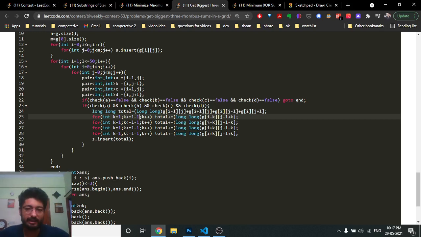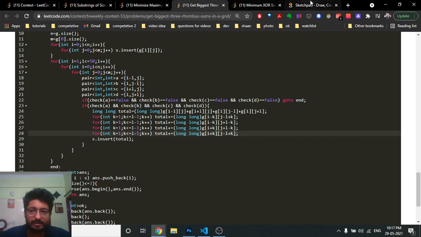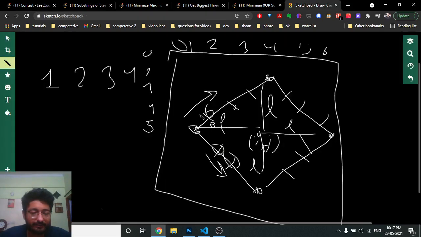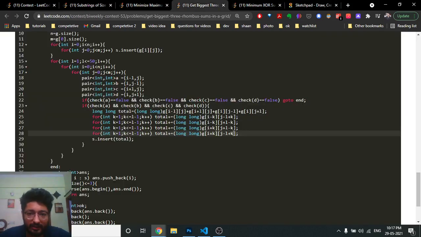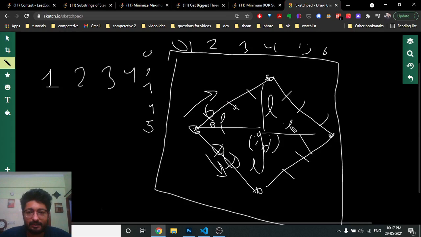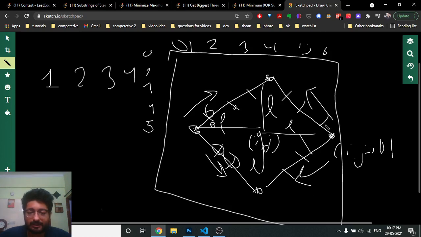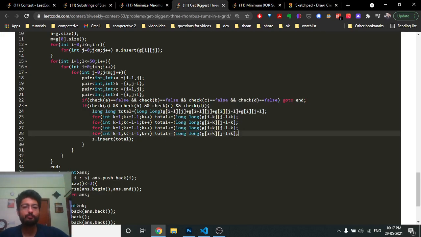Starting coordinate is I, J minus L, which I have told you. In the first case, we do minus k and plus k, and plus k, plus k. So in this manner, the I coordinate is decreasing and J is increasing, and in this one I is increasing and J is increasing. So I have taken both of them. And for this case, I can start from this coordinate, which is I, J plus L, and I go in this manner. If I go in this and this manner, as you can see, J is decreasing and I is decreasing, J is decreasing and I is increasing. So I can just write down all the 4 for loops.